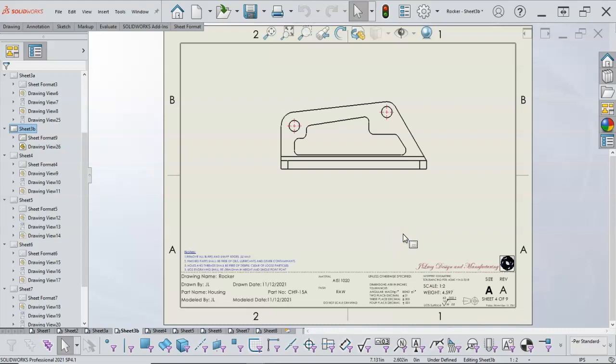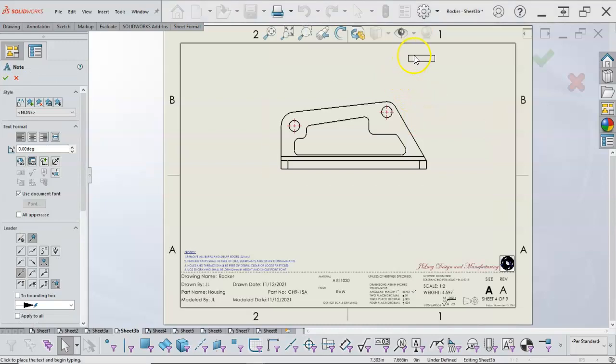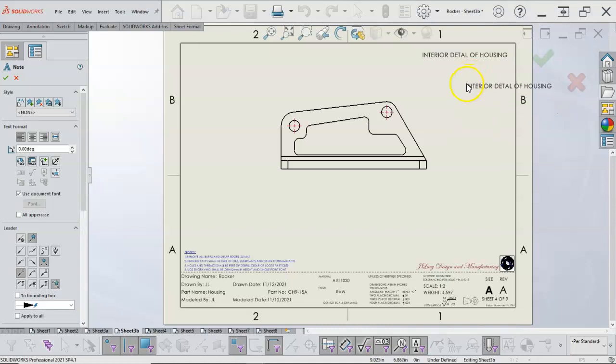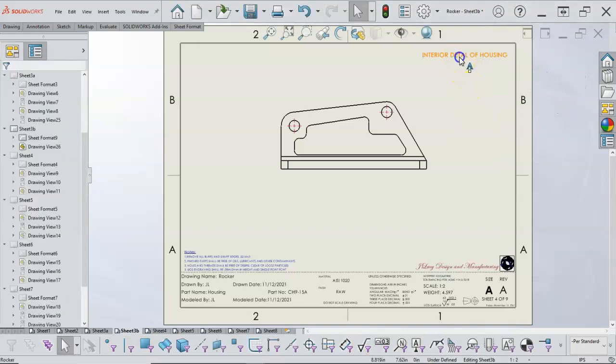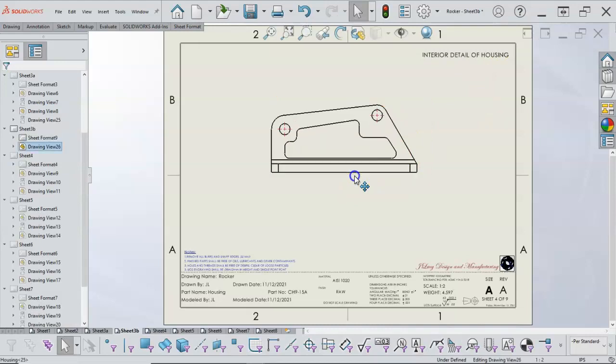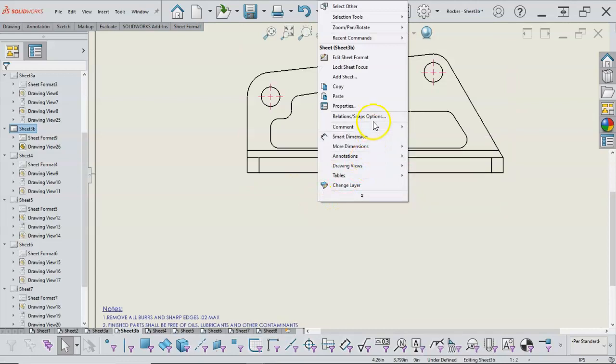Again, with the annotations and setting a note, I want to make sure it's not attached. Interior detail of housing, something along those lines. And need to spell check. Okay, so with that in place, now I can add